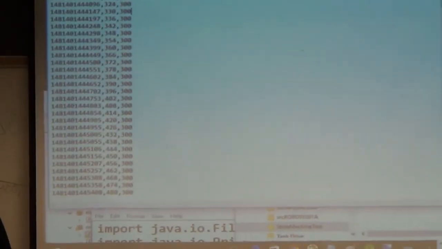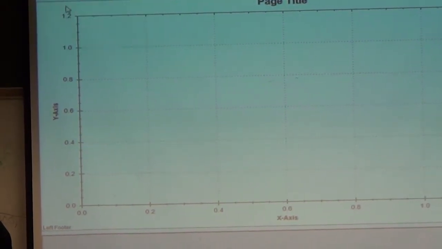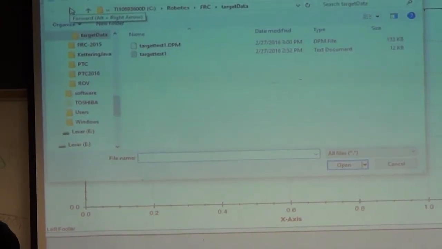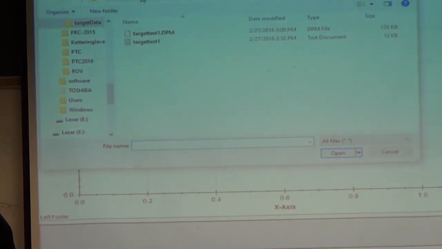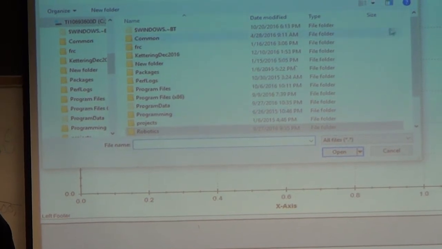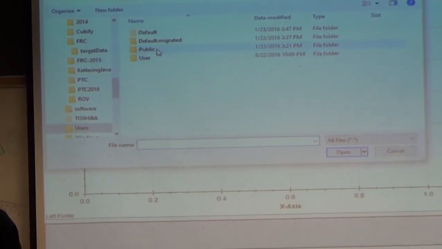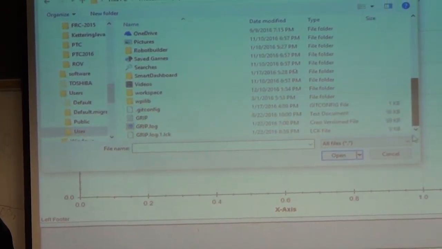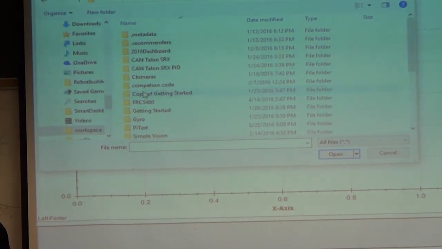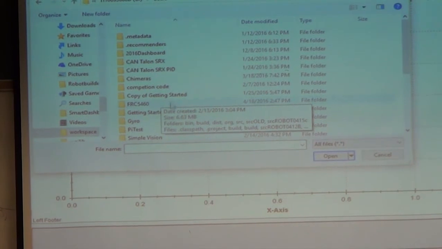So the only file for this was on that flash drive. What we're going to do is open up this source file, and you can create your own comma delimited file and it will read it. Basically, we have to navigate to where that file is located. The default for Eclipse is going to be a workspace folder. And then you're going to have your Kettering